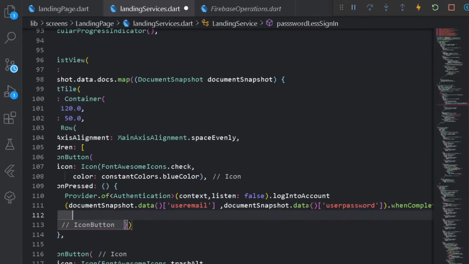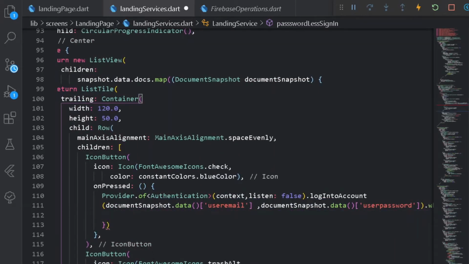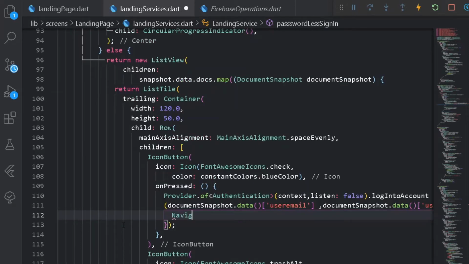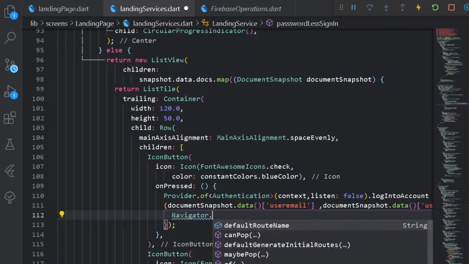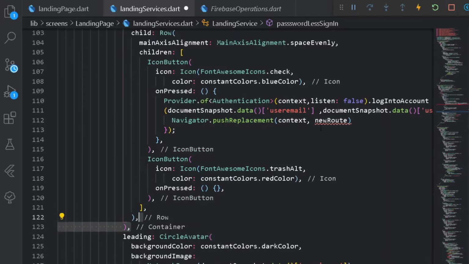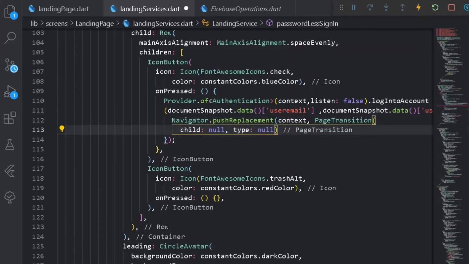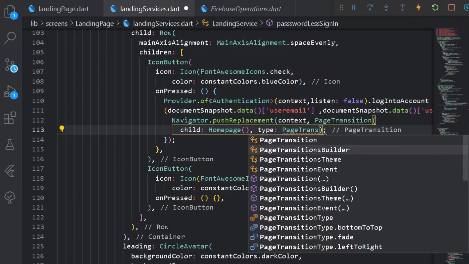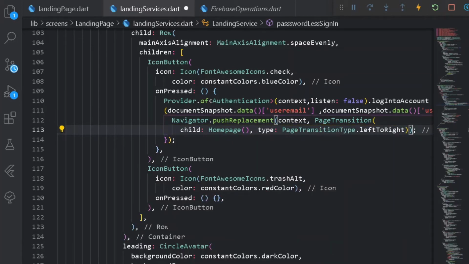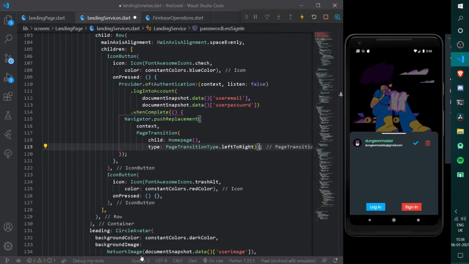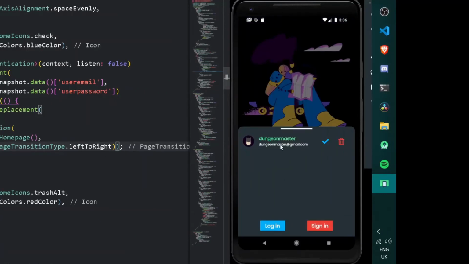So under our whenComplete phrase, we shall navigate the user to our home screen. So for now, I can simply write Navigator dot pushReplacement. Under new route, let's have PageTransition, the usual thing. Under our PageTransition, let's have child to be the home page. It will also require a type. So under type, let's have PageTransitionType from left to right. Cool, so everything is done from here. Format document first. So after having the following thing, let's open it one more time. Cool. So now the following thing is done.